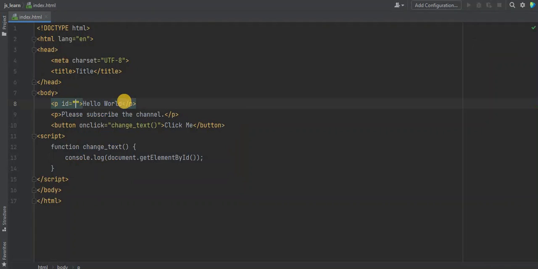I will declare here an ID. ID will be p_tag. You can name it anything, but I will name it p tag.